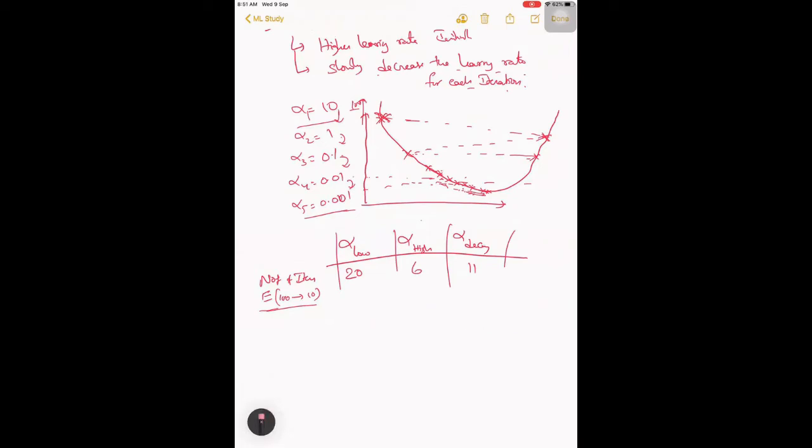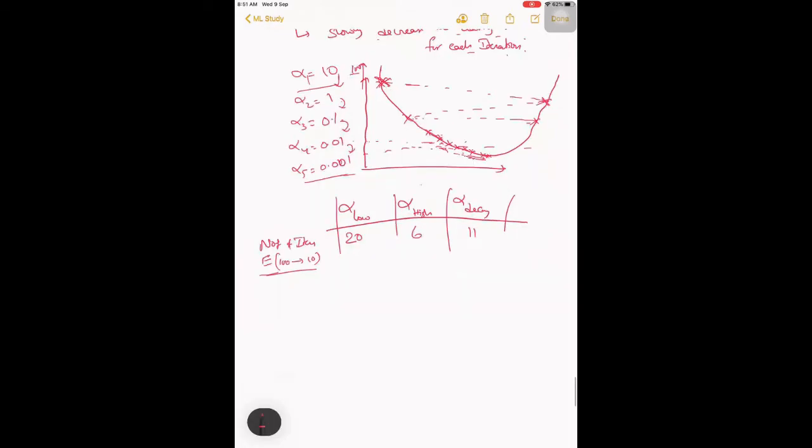So what we usually have is, we call this alpha new equal to, it won't be plus alpha old, it will be beta into alpha old.